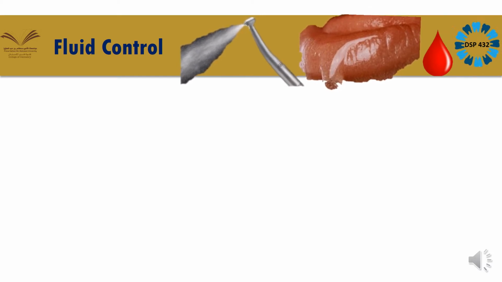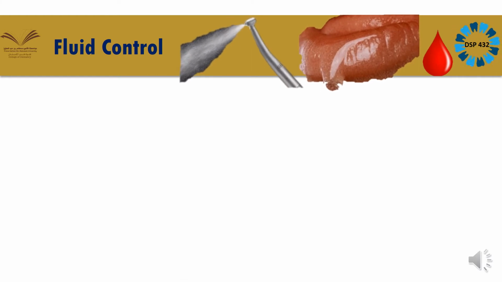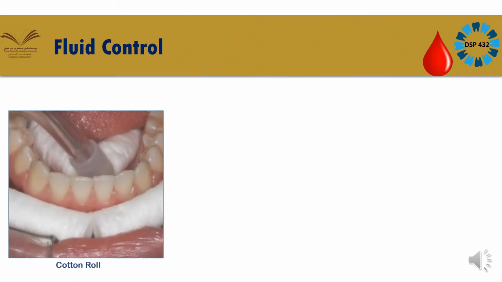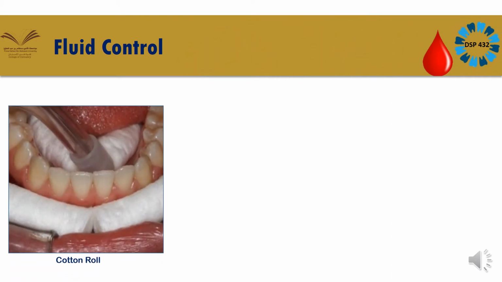For example, when you are taking the final impression, most impression materials are hydrophobic, which means they hate water. If there is some saliva present around the teeth or in the sulcus, it will be reflected in your impression as a void, and that is absolutely not acceptable. That is why we have to control this fluid. There are different methods to control it. The commonest method is putting a cotton roll or gauze piece into the sulcus all around the preparation site. This will suck up your fluid. This is one method to control the fluid.